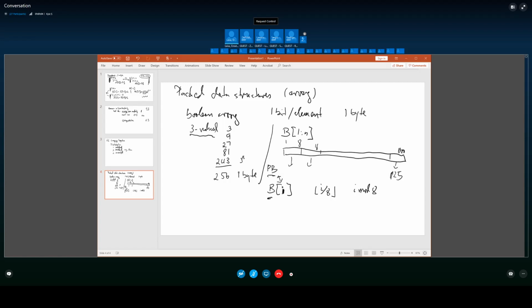I mod 8 then is going to give me the bit, the number of the location of the bit in that byte in PB that corresponds to BI. So clearly there is work to be done. This isn't a totally trivial